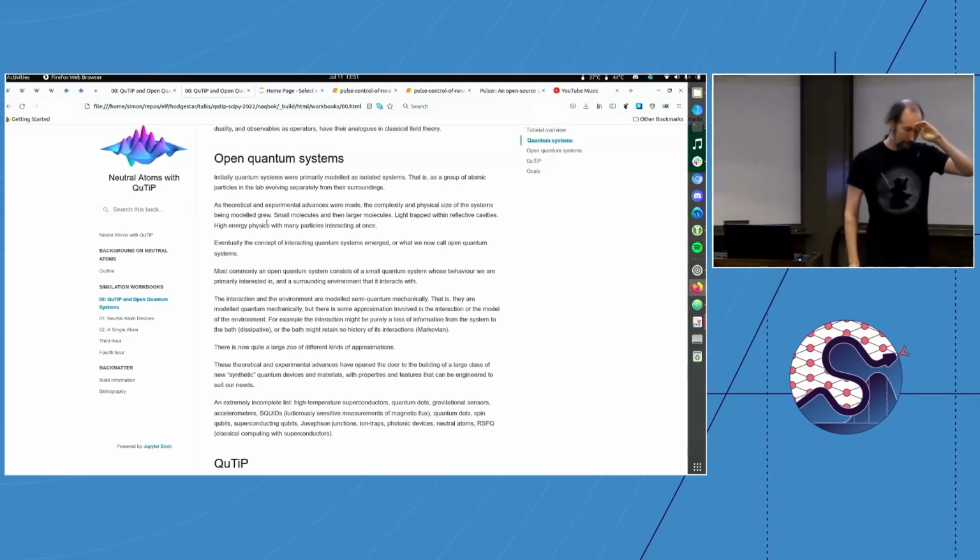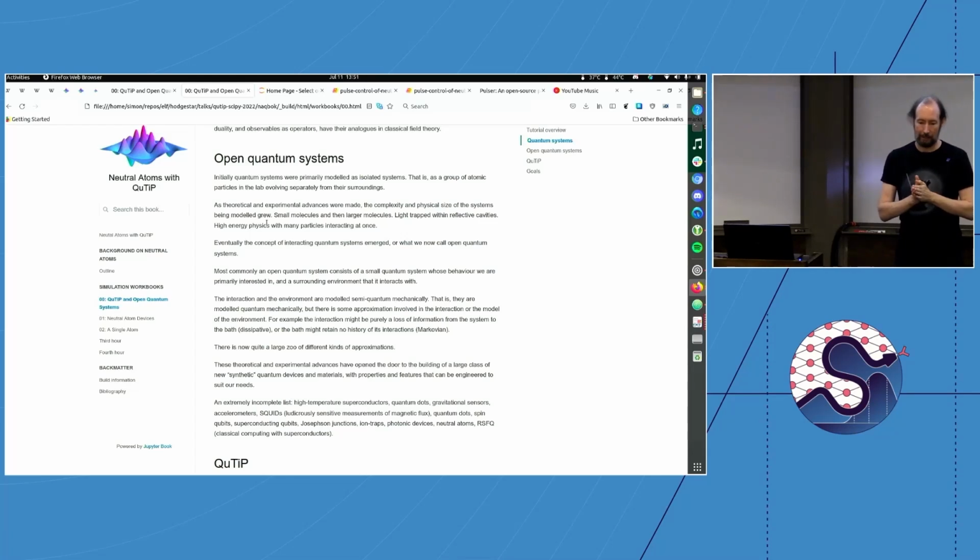Okay, so QuTiP models open quantum systems, and I'm hoping that we'll get to some real open quantum system stuff at the end. But what is the difference between an open quantum system and a normal quantum system? A normal quantum system, which to distinguish we can call a closed quantum system, is completely isolated. So we know exactly its state. We know that it evolves according to an equation called the Schrödinger equation, and